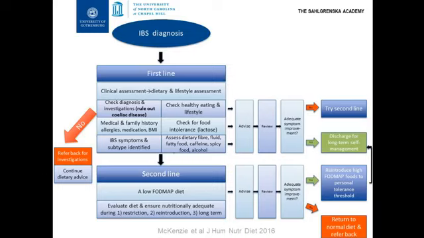So this is what you offer first, and if that doesn't work, you can move on to the second line dietary advice option, which here is a low FODMAP diet. And you also see the three steps in a low FODMAP diet here: restriction phase, reintroduction phase, and the long-term management. The restriction phase is where you would restrict more or less all foods that are rich in FODMAPs. And then if that is successful, you try to reintroduce these foods step by step,